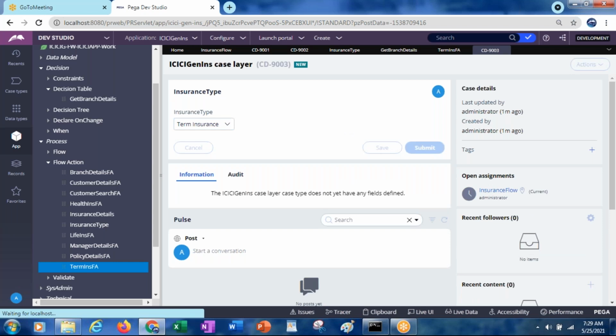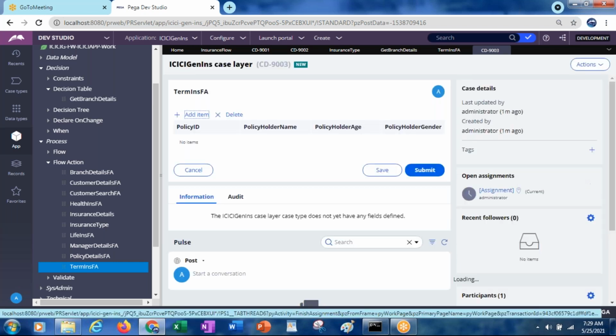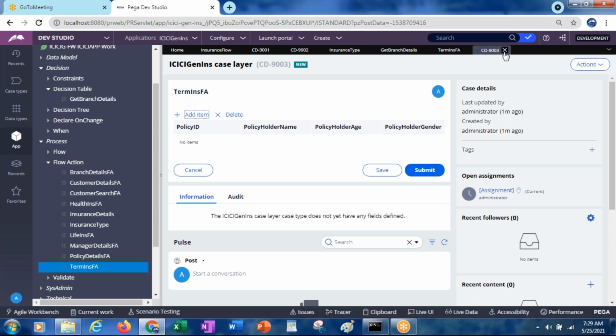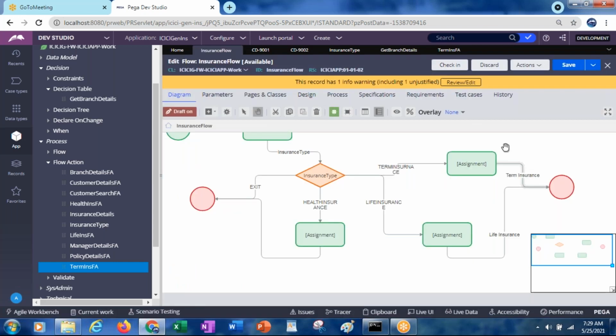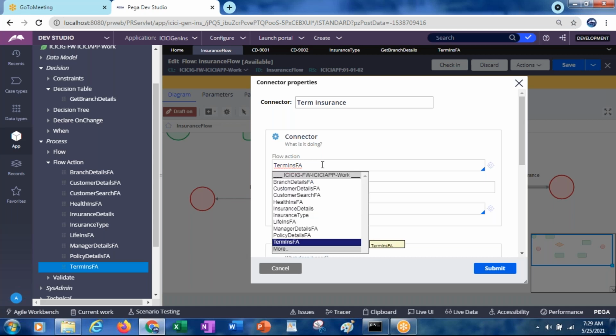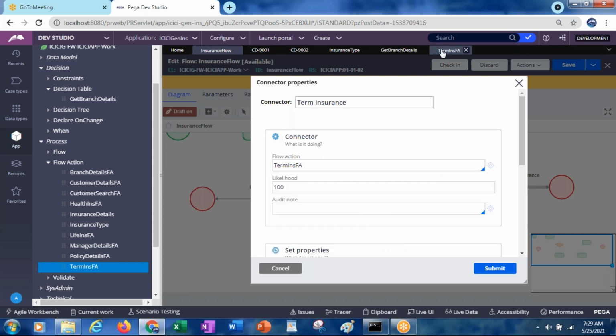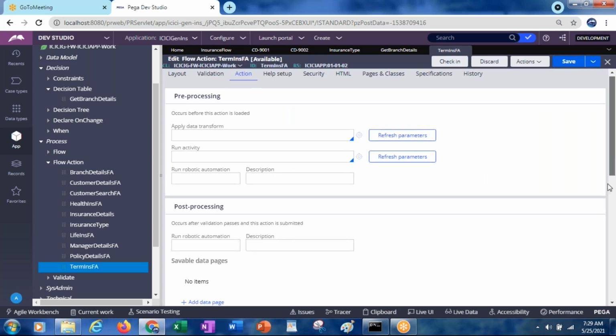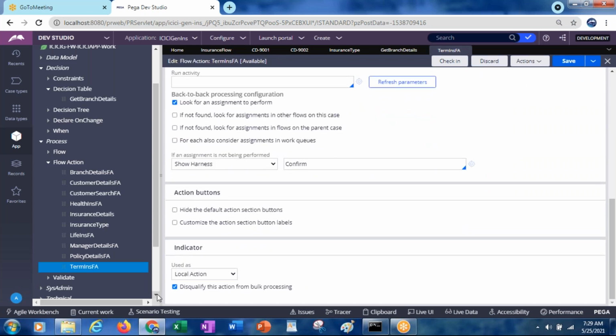The local action should not come here. Maybe there is some issue, but this is a local action we made, so that should not display here. In case you make it a connector, then only it has to be displayed at the connector level.